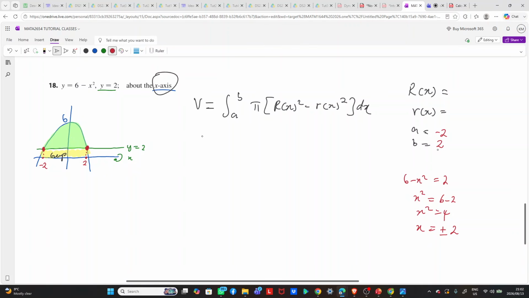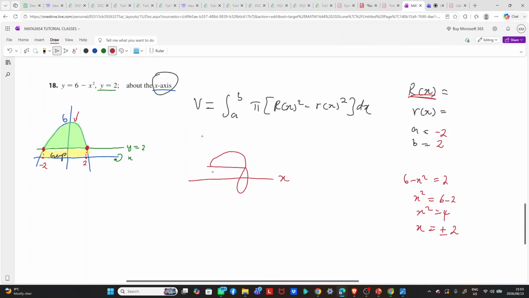So then now the big question that therefore keeps lingering right there is, which one is going to be my big R of x? Which one will form the outer radius? The top function, this one, is the one that is going to form the outer radius. Then the bottom one, which is the line y equals 2, will form the inner radius. So if you think about it, you have the x-axis here, then you have something like this, okay, and you rotate this guy